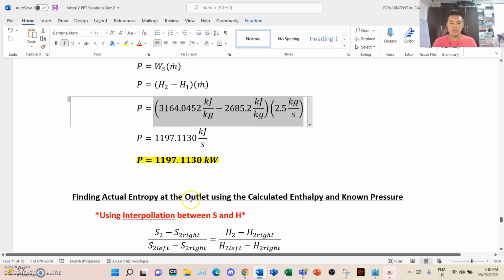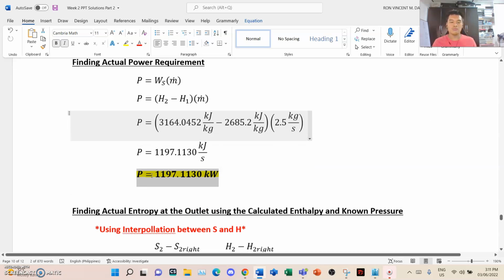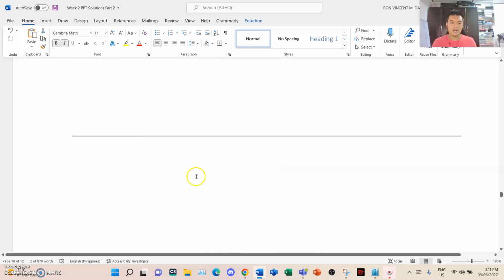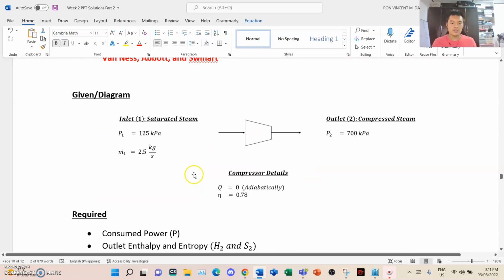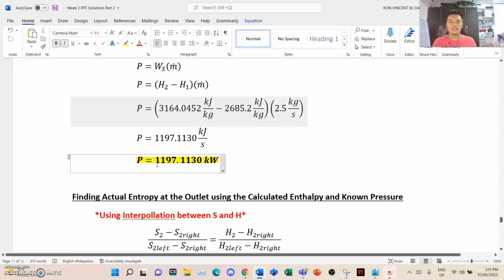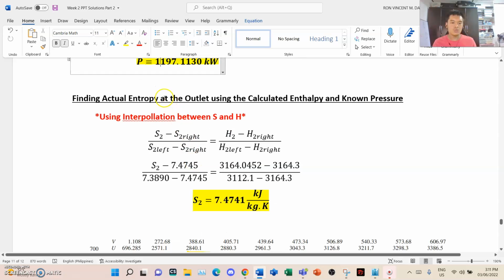Multiplying and substituting, we got a total power output. The total power consumed in the compressor is 1197.1130 kilowatts. Finding the actual entropy at the outlet using the calculated enthalpy and known pressure,